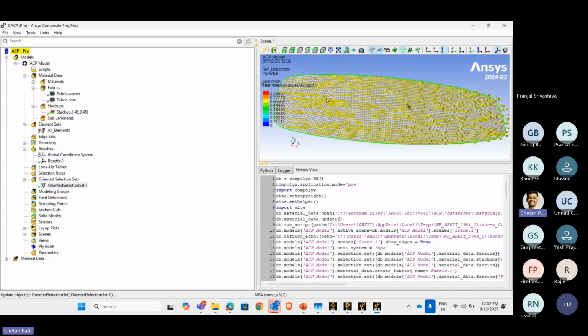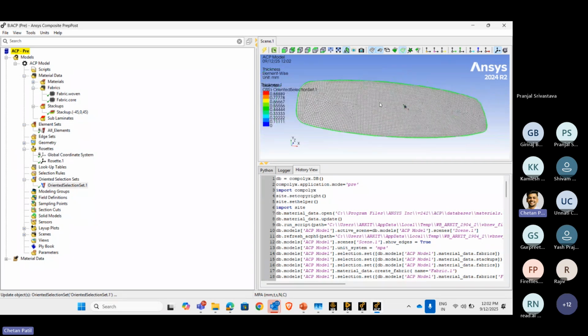This is not with respect to the fibers orientation, because you didn't apply the stackup that you have created, which is present over here, or the fibers that you have created over here. You didn't apply them to the particular geometry as of now. But once you apply them over here, the particular fiber orientation and all other things will be showcased to you in that manner itself. Then you can see other particular parameters as well when we apply the other things to your geometry over here. So once the oriented selection set is created, the next thing that we need to do over here is,